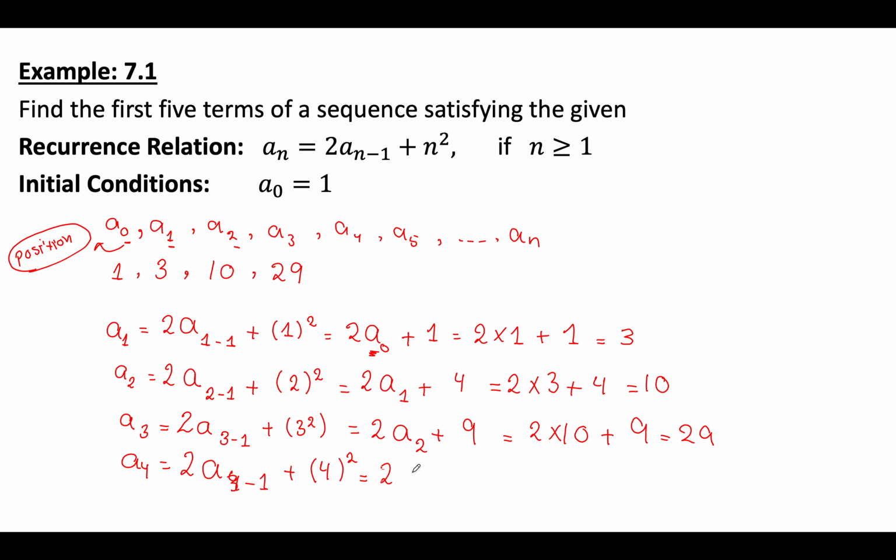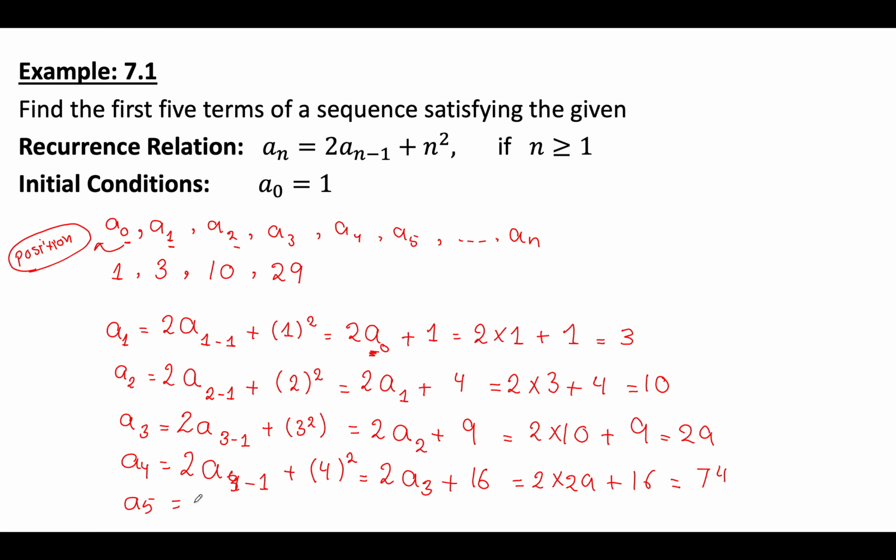Here we got that this is equal to 2A. 4 minus 1 is 3, so 2A3 plus 4 squared, which is 16, and this is equal to 2 times 29 plus 16. Here we got that it is equal to 74. One last term, which is A5,